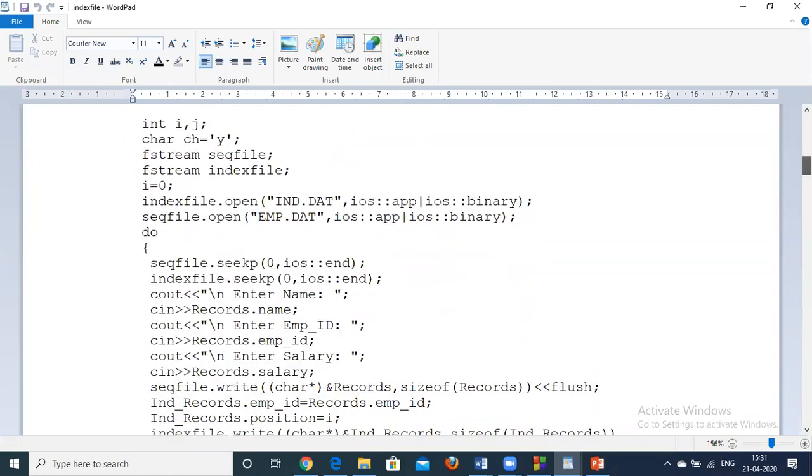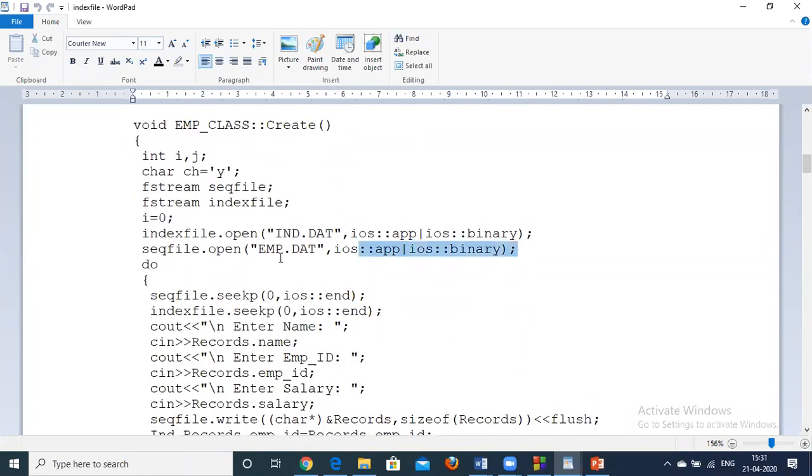In the create function, we will open both the files simultaneously. The sequential file is the object of the data file and the index file is the object of our index file.